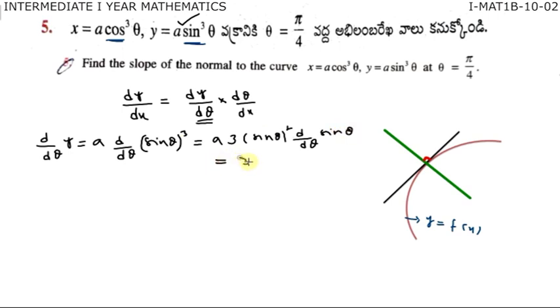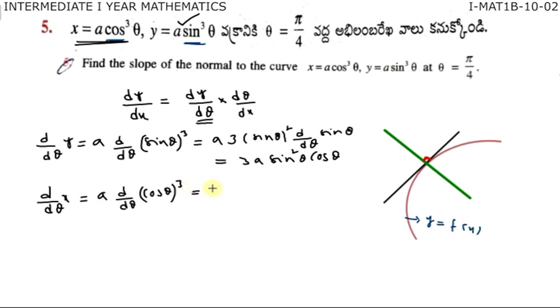Overall I will get 3a sin square theta. Derivative of sin theta is cos theta. Again, differentiate this both sides with respect to theta. From that I will get dx by d theta is equal to, here also a is constant, derivative of cos theta whole cube. Now this is equal to a into